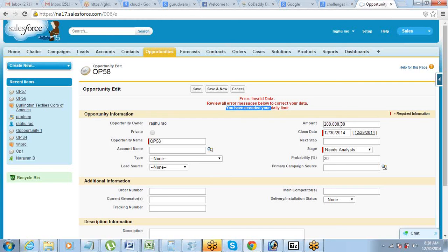So the moment I'm trying to enter this record, it goes and checks all the records that I've created today. So basically the two records that I just created, those are the ones that I have created today. It goes and checks those records. The sum of that is 350,000. So the first loop will make the sum to 350,000. And the second loop will be used for adding up the current record. So that is how it is.